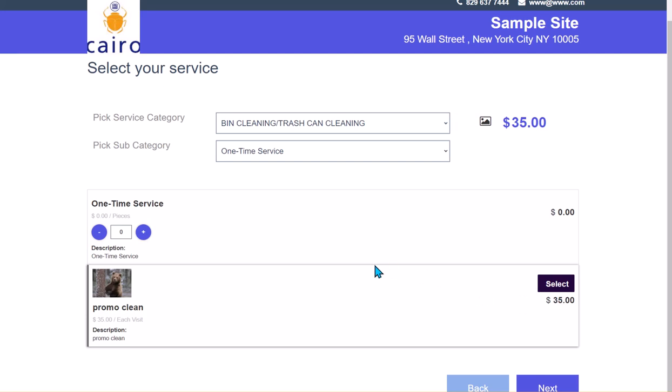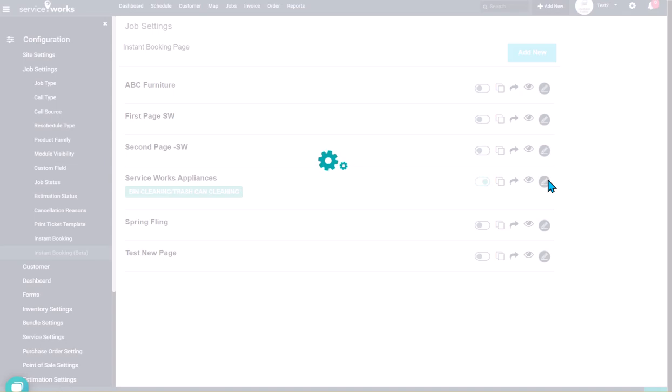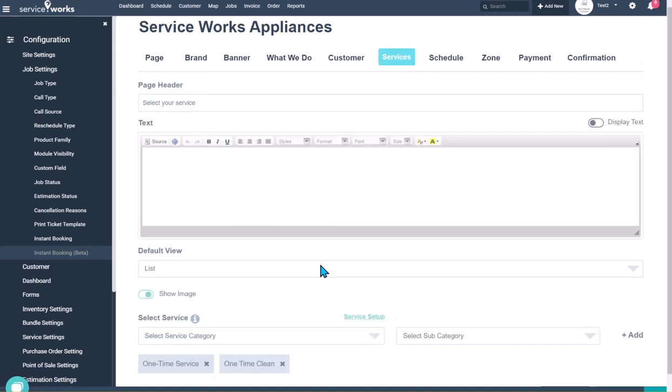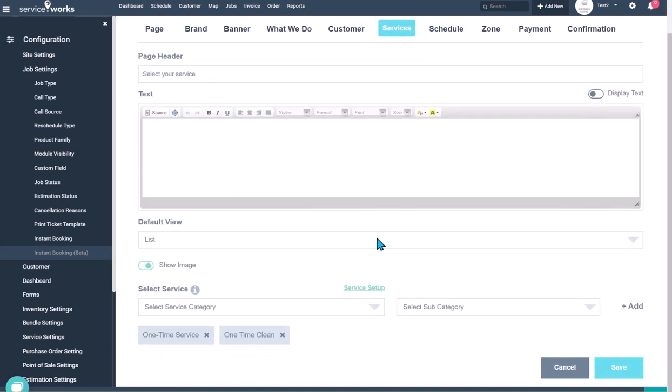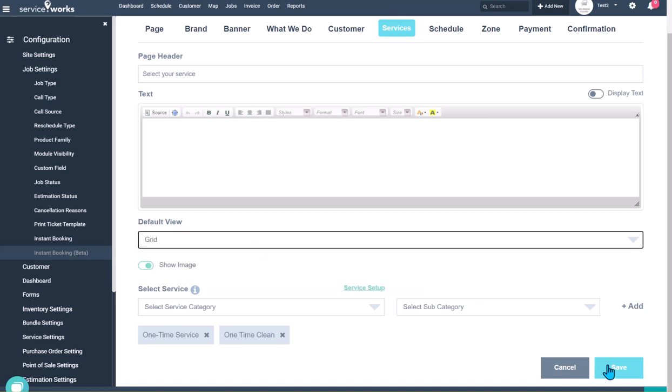Now, we have two ways to present this to your customer. So let's go back and change a configuration setting. Let's go to the pencil. And if I am going too fast, as I said, for the video, I am trying to just get as much information in as I can. If you need to pause, by all means, go ahead and pause, then come back. So here is the list view. If I change this to grid, and I hit save,